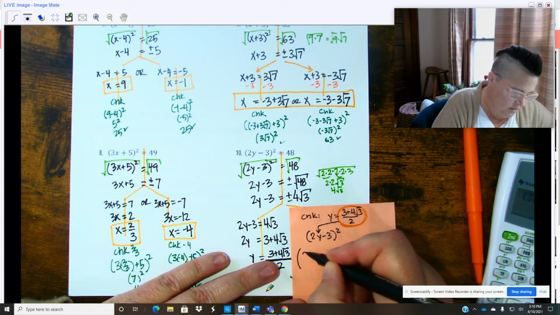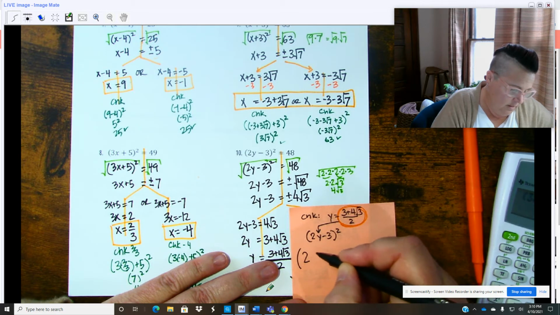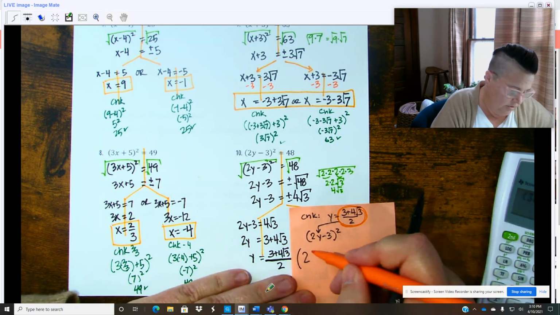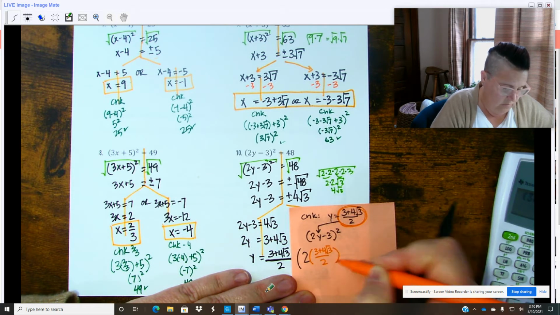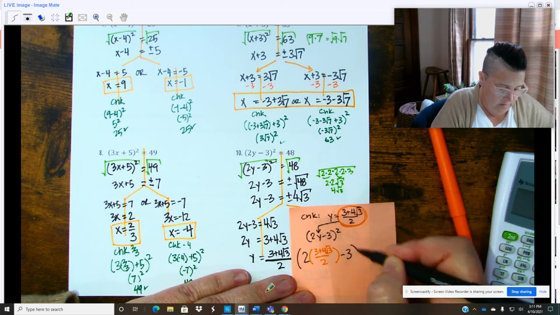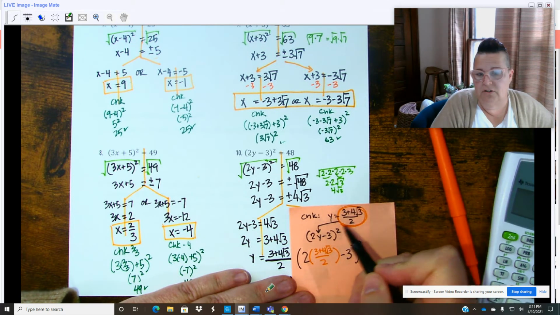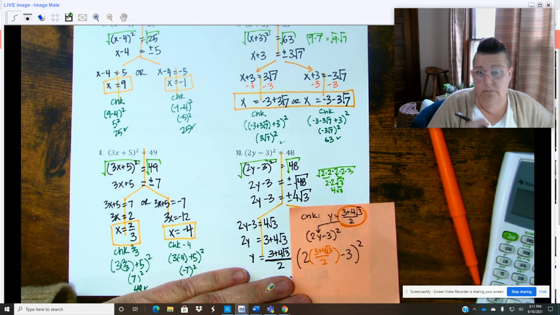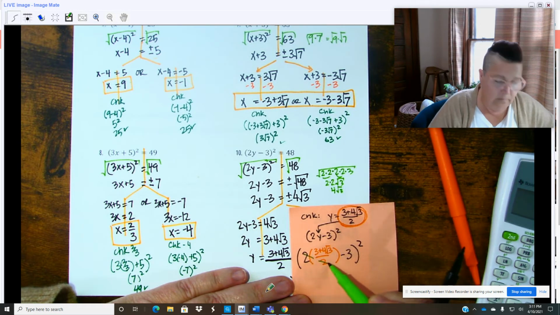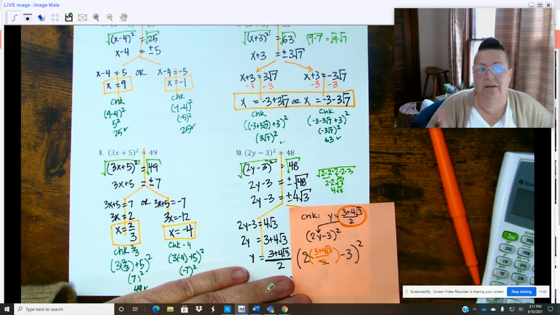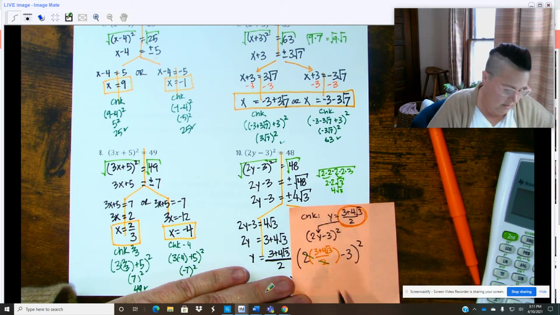So now we've got a 2. And then in that orange, we have 3 plus 4 square roots of 3 over 2, minus 3 squared. So I took everything in that orange circle and put it where the y was. Here's the beauty of this. This 2 and the 2 in the denominator will cancel. I don't even have to do the math. It's times 2 divided by 2. They're gone. That leaves me in the parentheses with 3 plus 4 square roots of 3 minus 3,